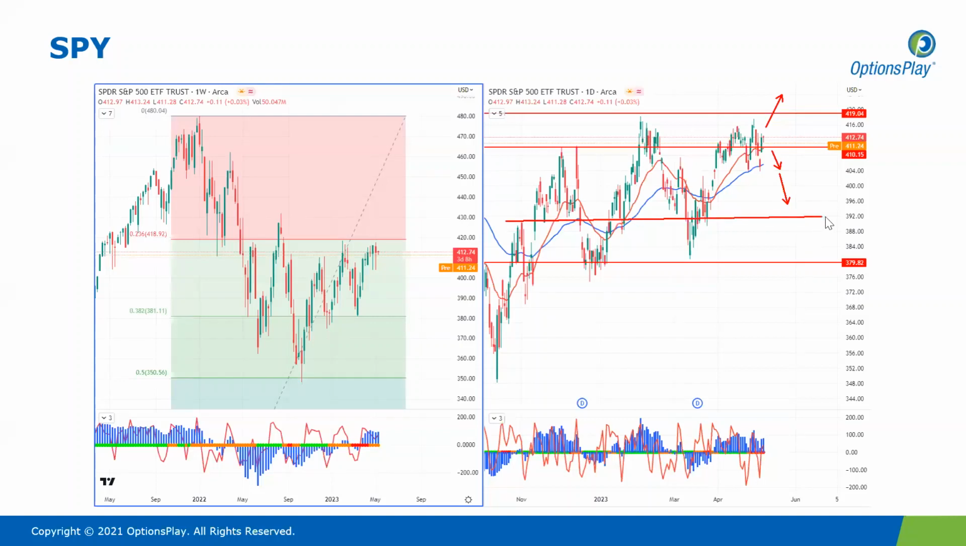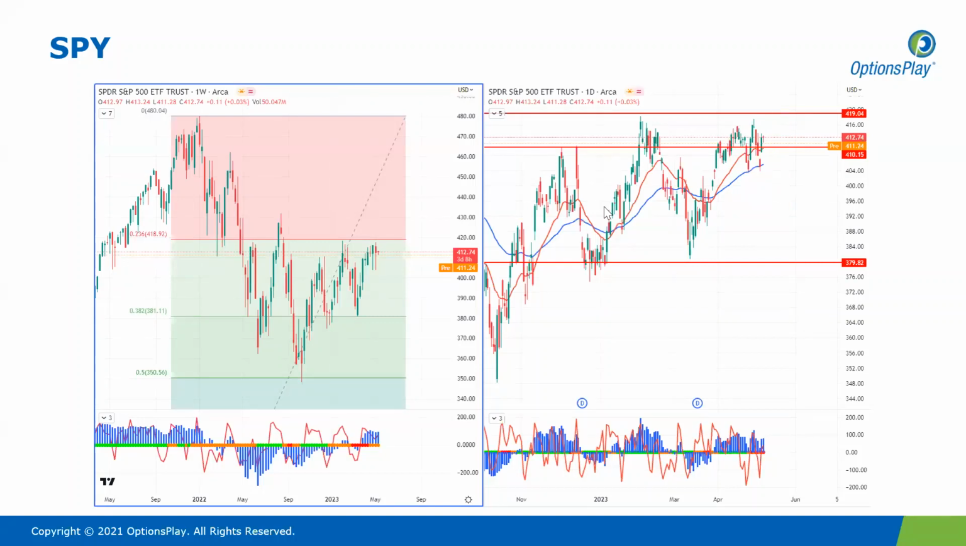You have minor support at the 390 area, and you have major support at 380, which is the 38.2 fib level. Those are the two key areas of support in the worst case scenario that I see equities heading down to. But again, recent price action does indicate a higher high and a higher low compared to the recent revisit of 380. So technicals, in my opinion, still point a little bit more to the upside,